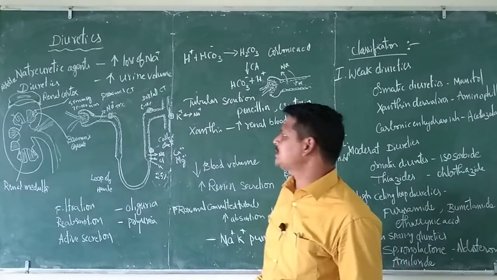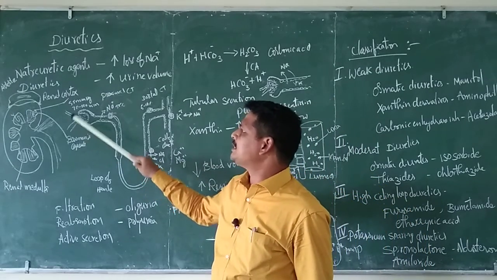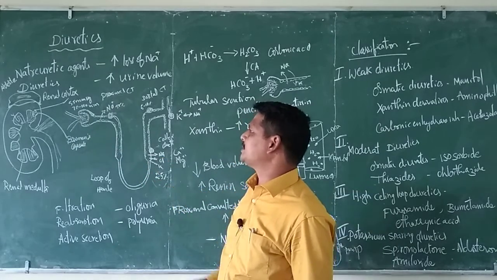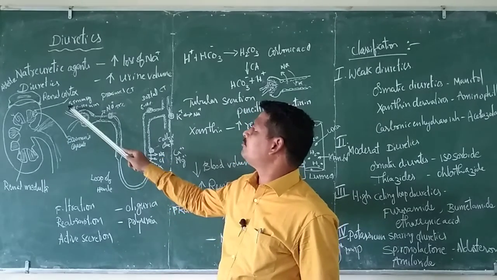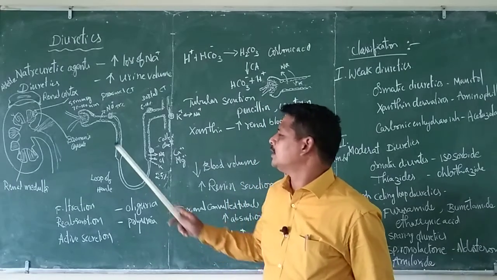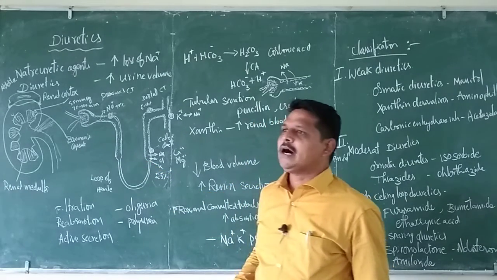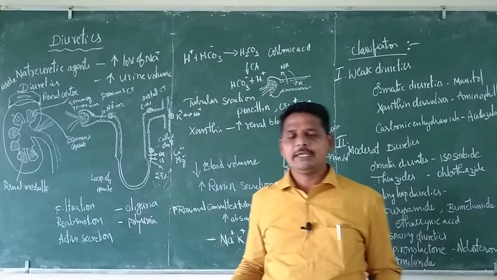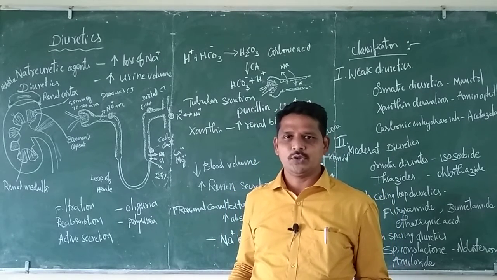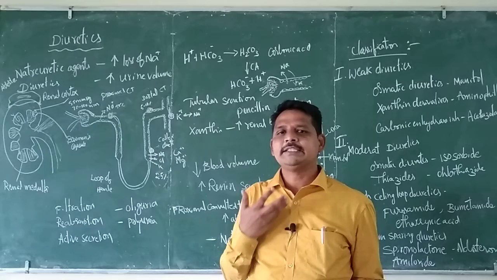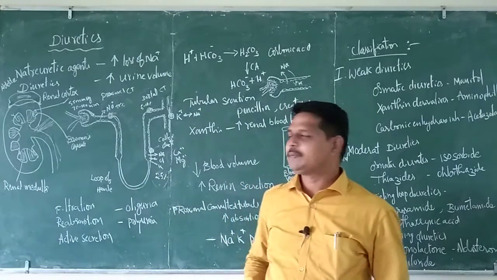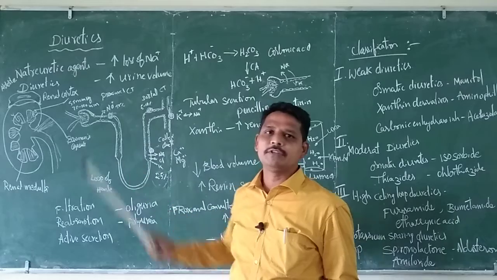Because of the difference in the blood pressure, the filtration takes place. Normally the blood pressure is 55 mmHg. The heart beats at 120 mmHg systolic and 80 mmHg diastolic, yet by the time it reaches the kidney, the pressure maintained is 55 mmHg. This pressure is essential for the filtering of the substances.